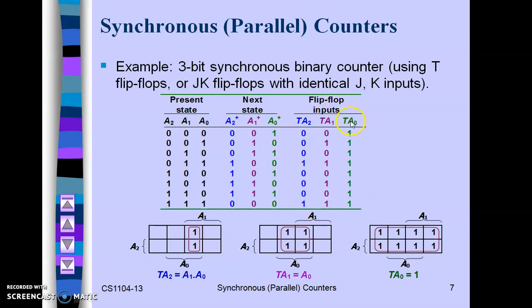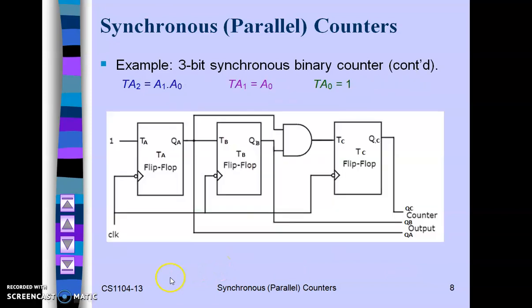So for that we'll find the logic. Here the logic is, for TA0, all ones, so TA0 is equal to 1. TA1 is equal to A0 by using the K-map. By putting that value into the K-map, we'll get the equations TA1 is equal to A0 and TA2 is equal to A0 into A1. So this is an AND gate. We need one AND gate. The output of the first flip-flop and second flip-flop are ANDed, and that will be the input for the third flip-flop. So here this diagram shows exactly that.